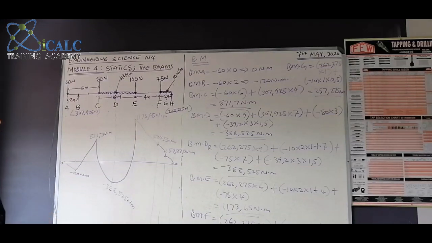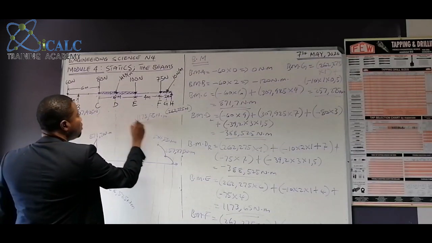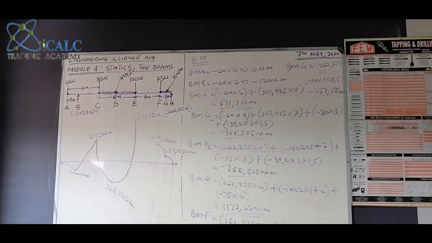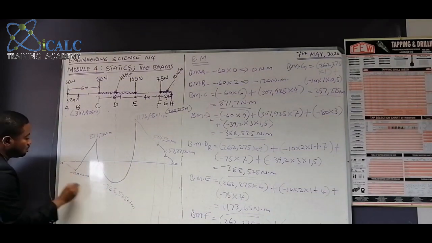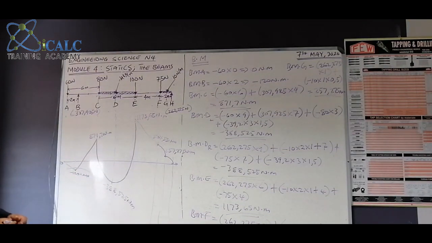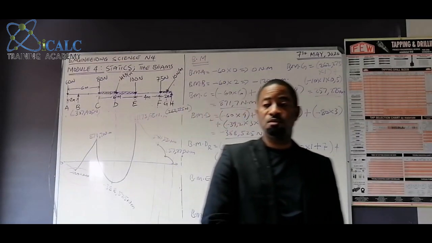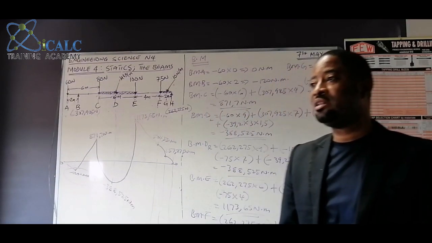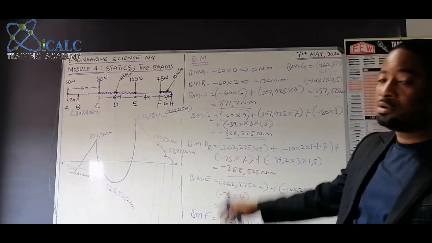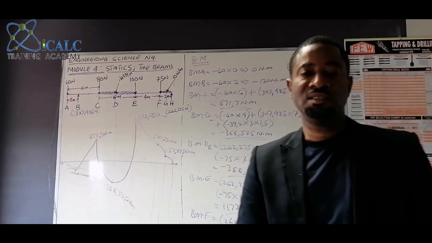Also here, our highest point will be 1173.65 Newton meters, and our lowest point will be 120. So that is that about your beams, about bending moment, which you can score about 20 marks in this